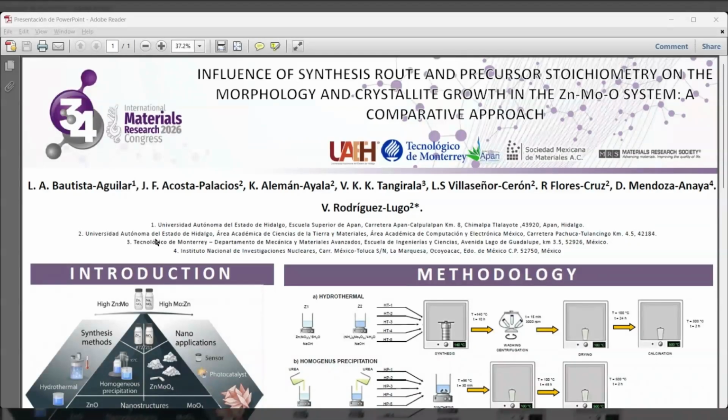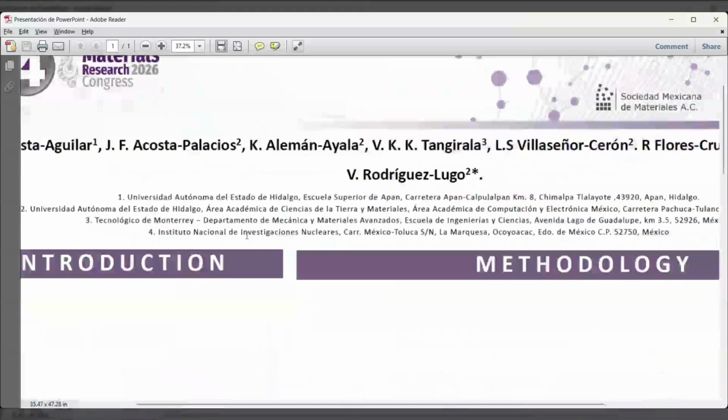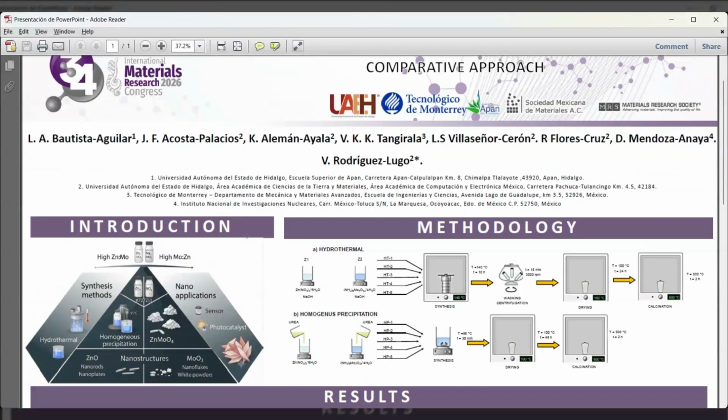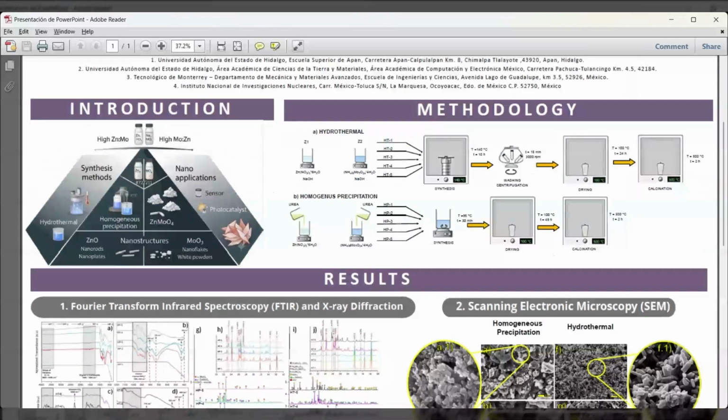Good morning, everyone. In this work, we investigate the structural and morphological evolution of the zinc, molybdenum, and oxygen system by systematically changing the zinc to molybdenum precursor ratio and comparing two different synthesis methods, hydrothermal synthesis and homogeneous precipitation. The main objective was to understand how the variation in the zinc and molybdenum ratio affects the formation of zinc oxide, zinc molybdenum oxide, and molybdenum oxide, and secondary crystalline phases, as well as their corresponding